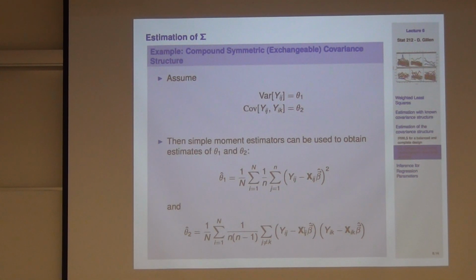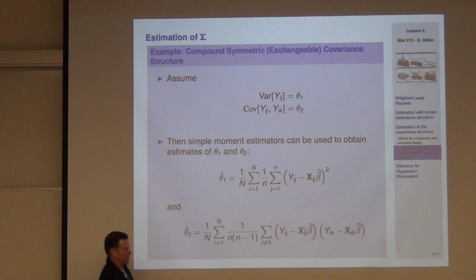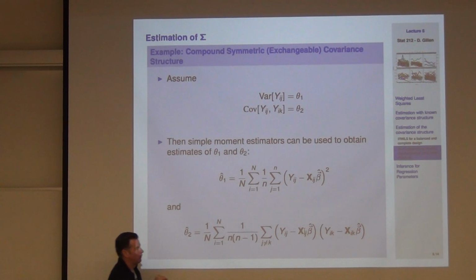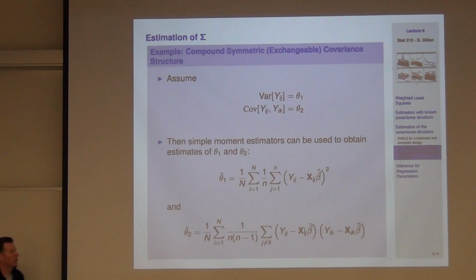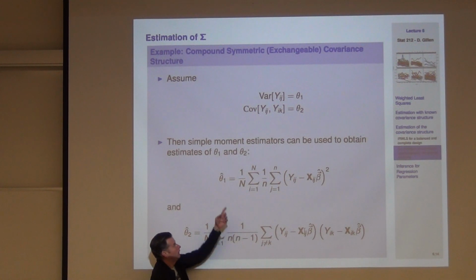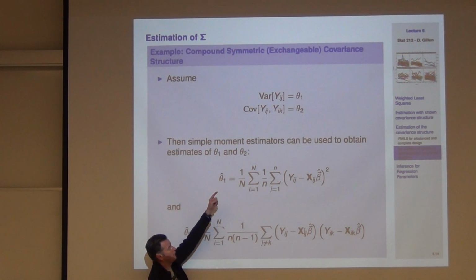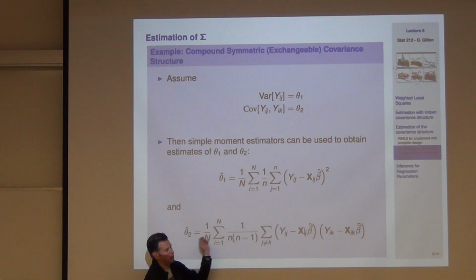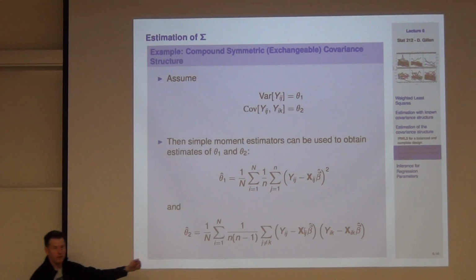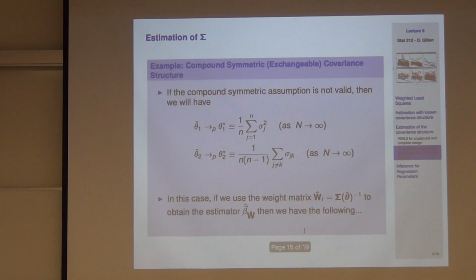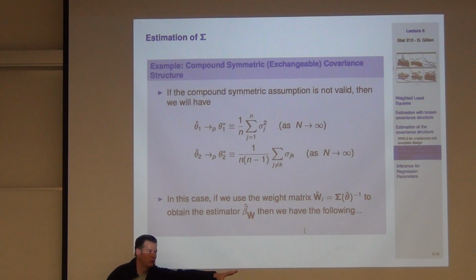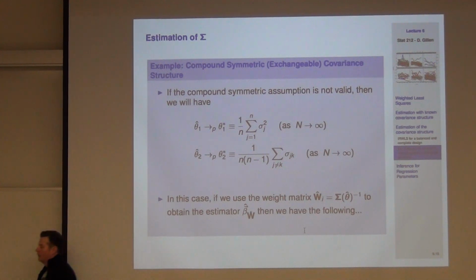So again, very simple moment-based estimators. These are just method of moments estimators. But again, the weak law of large numbers comes to our rescue in the sense that if we're correct in specifying this, these guys will converge off to theta 1 and theta 2. Okay, they're just means. Now, what happens though if you're wrong, right? This is a very big simplifying assumption. What are these things converging off to if you're not right? You've got to ask yourself that.